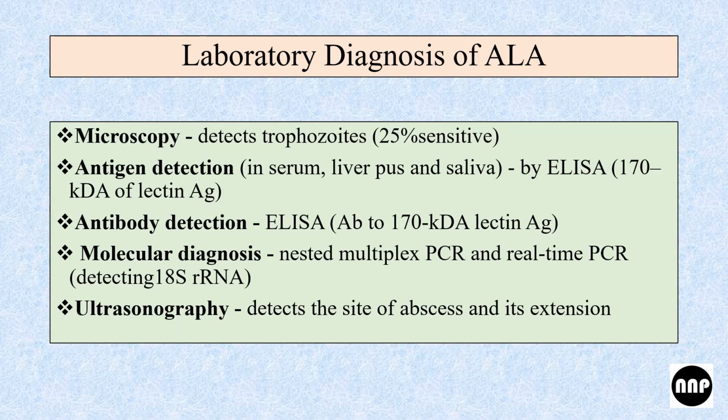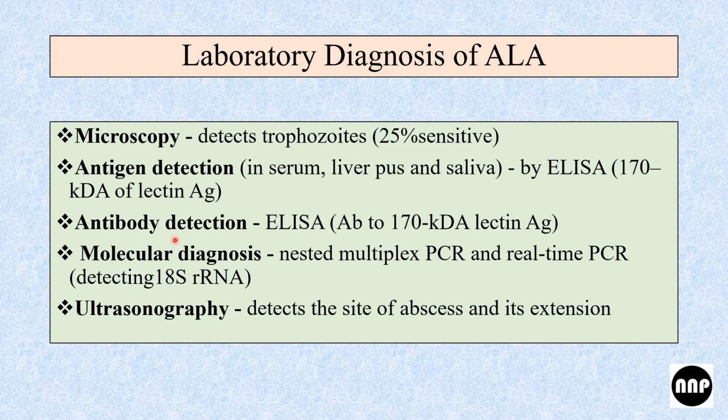Now let us talk about the most important aspect of microbiology, the laboratory diagnosis. In this we can use microscopy. In this we will be detecting trophozoites and never cysts. We can detect only trophozoites, and it is less sensitive, 25%. Then antigen detection we can do in the serum, in liver pus and in the saliva by ELISA. And